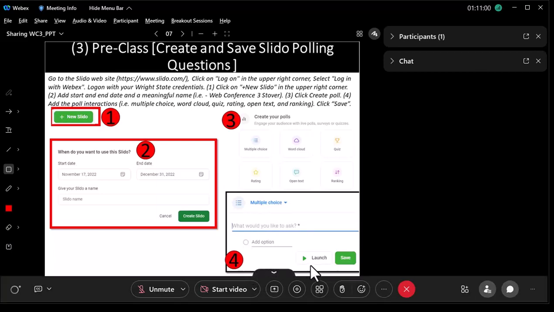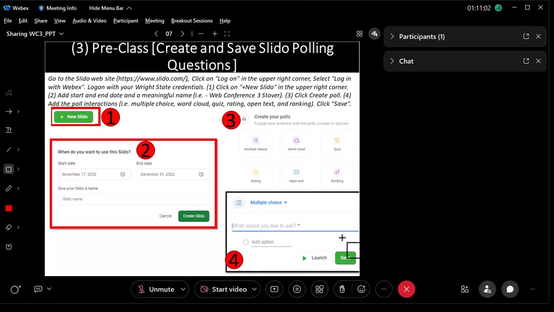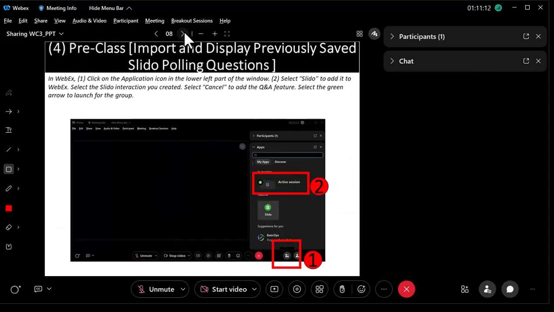And then you go ahead and, step number 4, you save it. So it's in the Slido cloud, just waiting, with that handshake, and it pulls it right into your WebEx session. So before class starts, those questions could probably be created days ahead of time, but then right as you're launching that WebEx session, you've got it up and going.